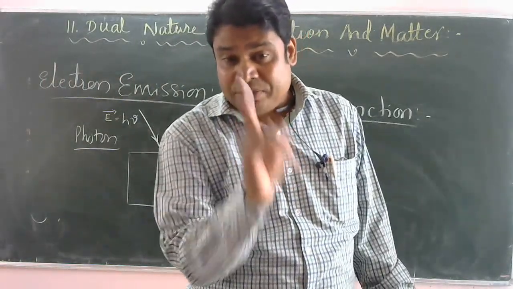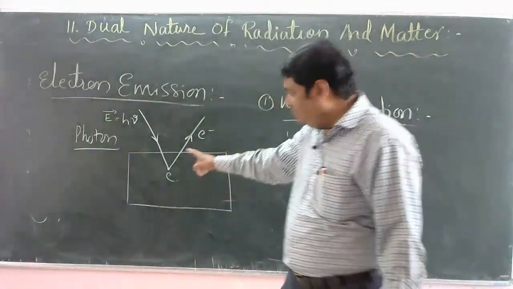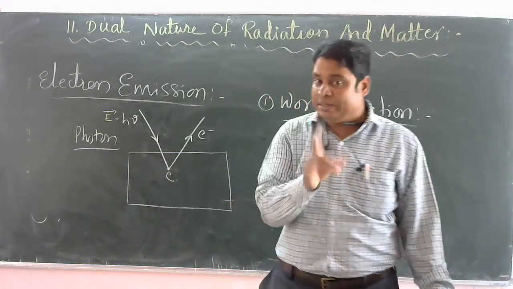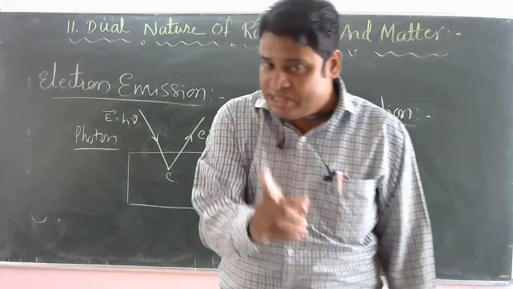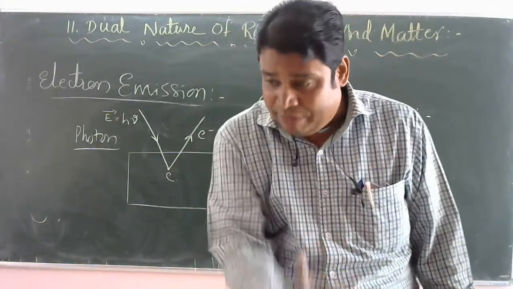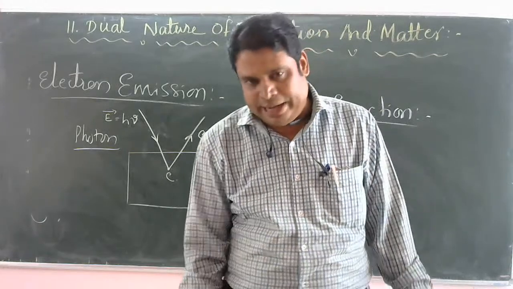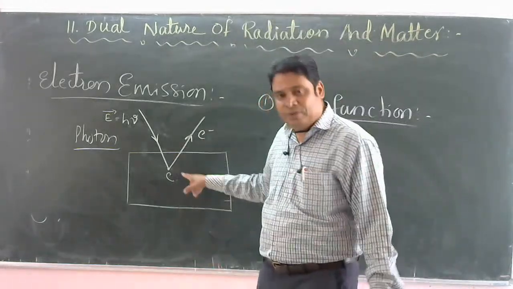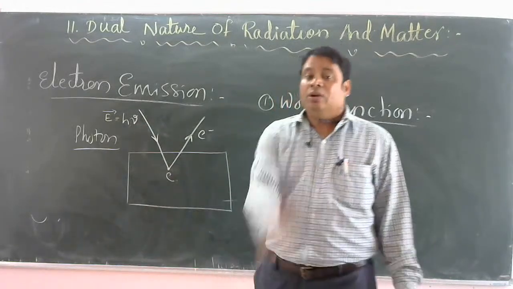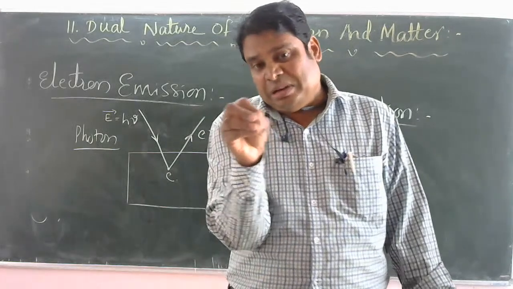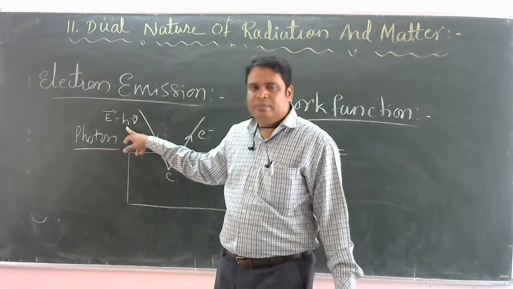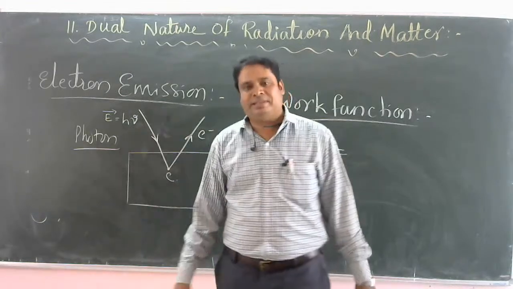By using the wave theory, you cannot explain this phenomenon. This emission of electrons is not at all possible by taking light as a wave. Here you have to consider light as a particle. That is the theme of this chapter. Light behaves as a wave in chapter number 9 and chapter number 10, whereas here we observe the photoelectric effect. This effect is called photoelectric effect by using radiation. Here your light behaves as a particle, as a photon with energy E is equal to h nu, where h is Planck's constant, nu is frequency.